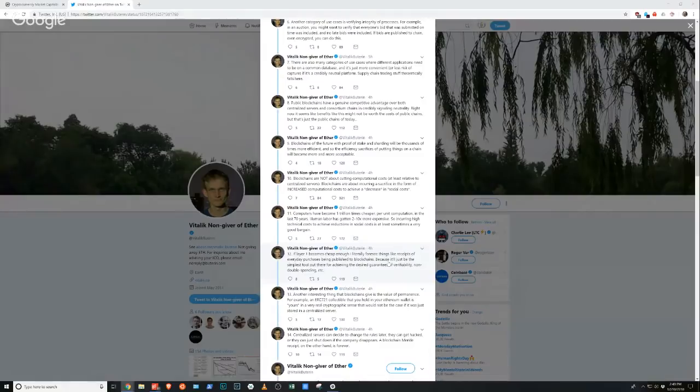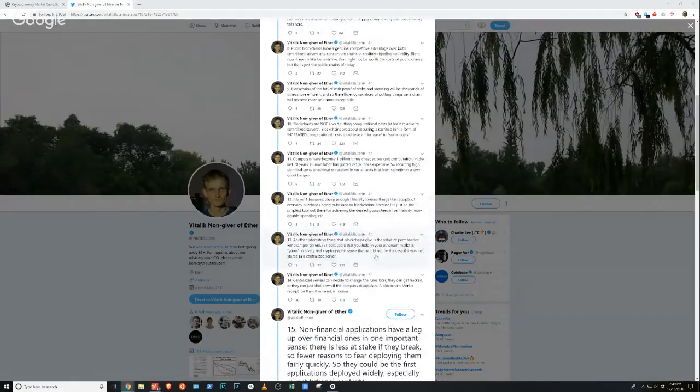So incurring high technical costs to achieve reduction in social costs is at least sometimes a very good bargain. That would be true if you actually have reductions in social costs. You don't in this case. So he's wrong there. If layer 1 becomes cheap enough, I literally foresee things like receipts of everyday purchases being